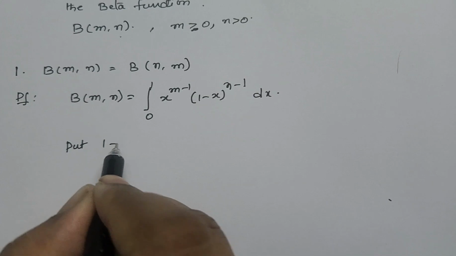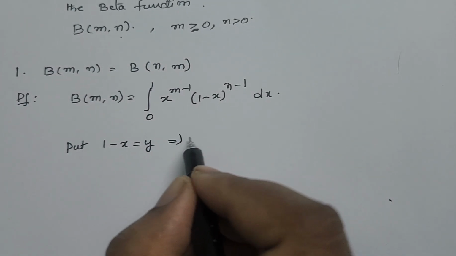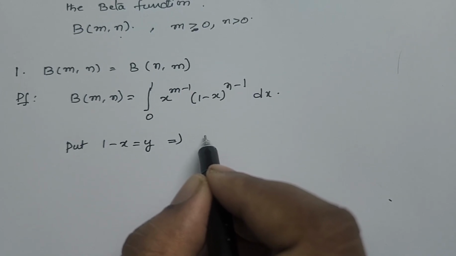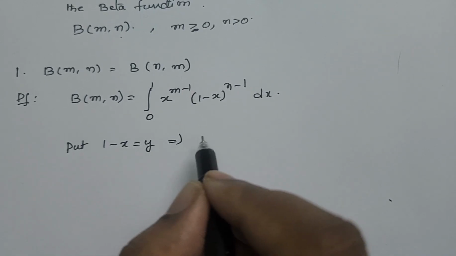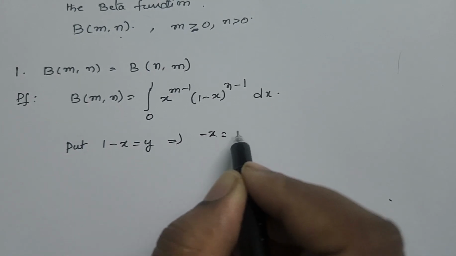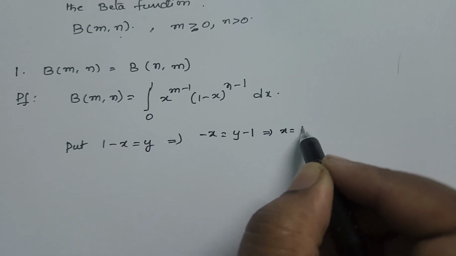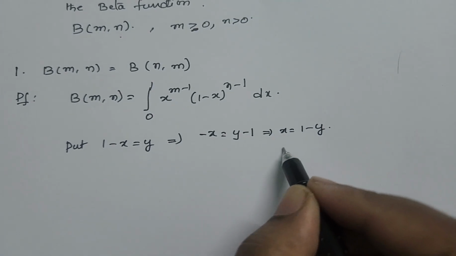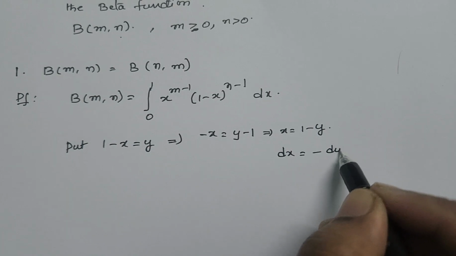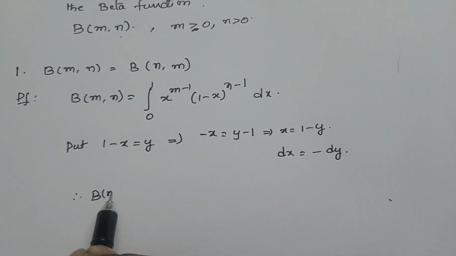Now put 1 minus x is equal to y. So what is x? From here, minus x is equal to y minus 1. This implies x is equal to 1 minus y. Then dx is equal to minus dy. Okay, now beta m, n equals